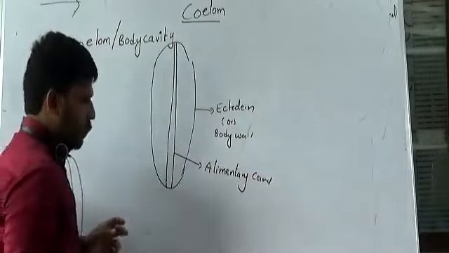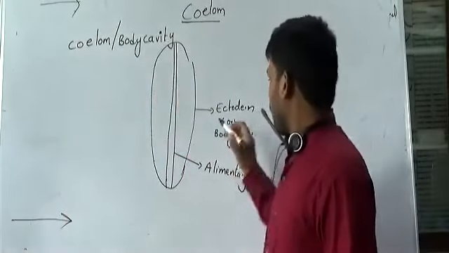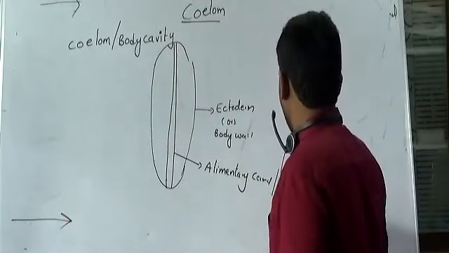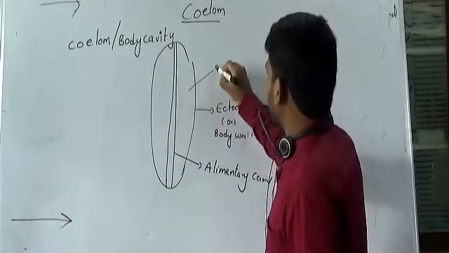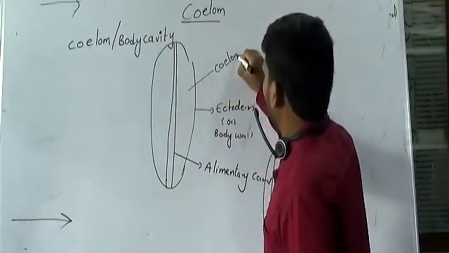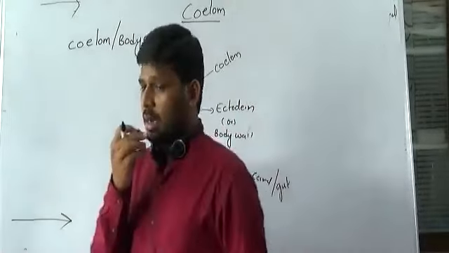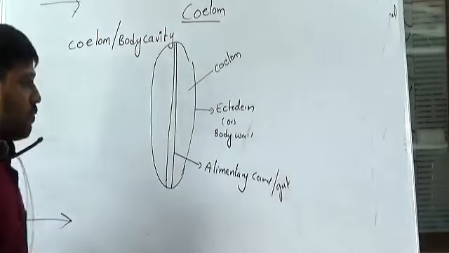So the space present between the body wall and the alimentary canal or gut is called as coelom, or body cavity. Before we learn about the concept of coelom, we must have some